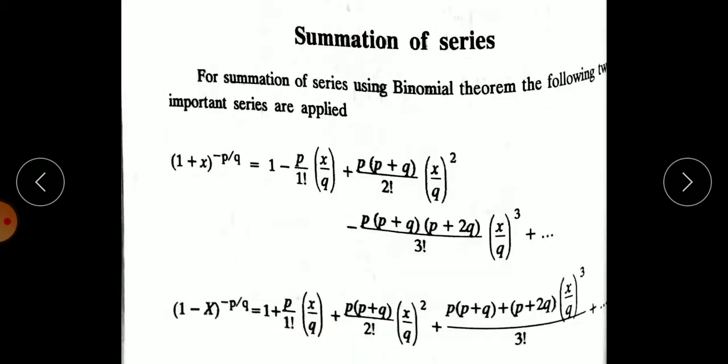Here in the binomial expansion, the thing is that 1 minus that term or 1 plus that term has to become, but it is starting from the second term only that we are having the answer. So we are going to add the 1 to that problem. So add 1 on both sides. So s plus 1, this left hand side, equals 1 plus 1 by 1 factorial into and so on. Take this as the first equation.